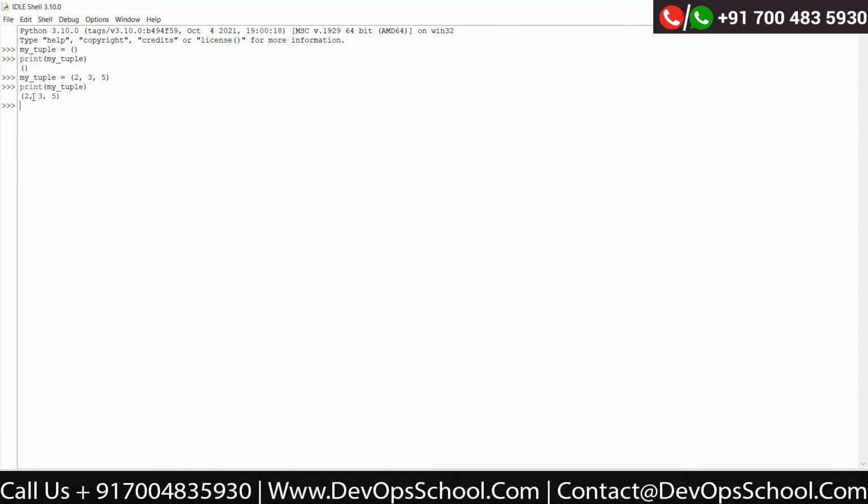Now you can see this time my tuple has been updated. You can see 2, 3, 5. These are the values. So 2 is basically called index 0. This is like arrays. When we talk about indexes, these are the positions, moving from left to right, called 0, 1 and 2, right? So this is how we refer to them in terms of indexes. When we want to declare a tuple with mixed types of values, here I'm going to